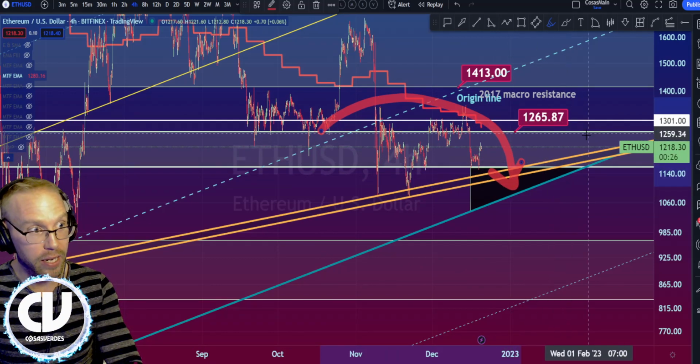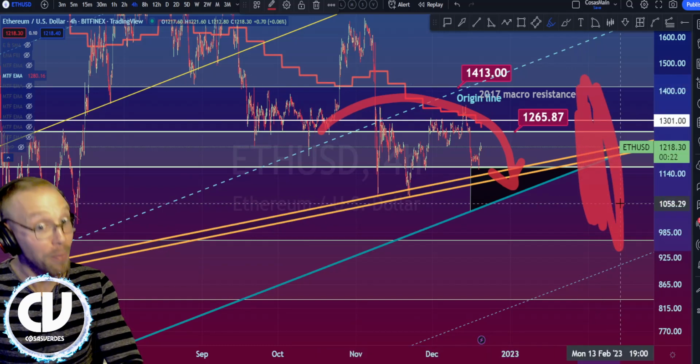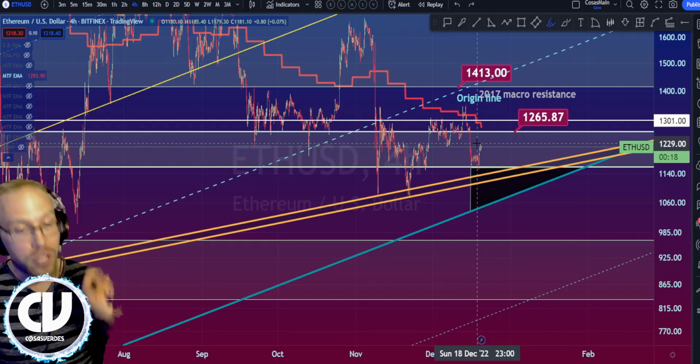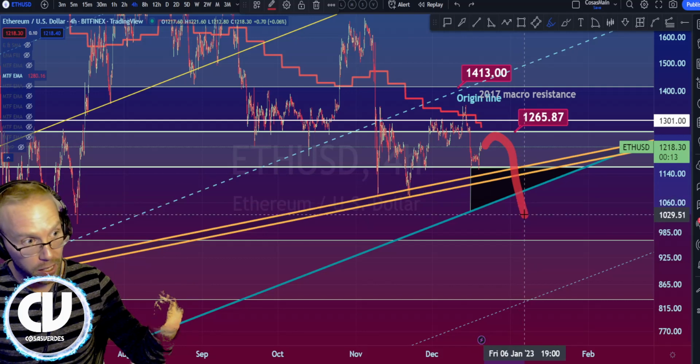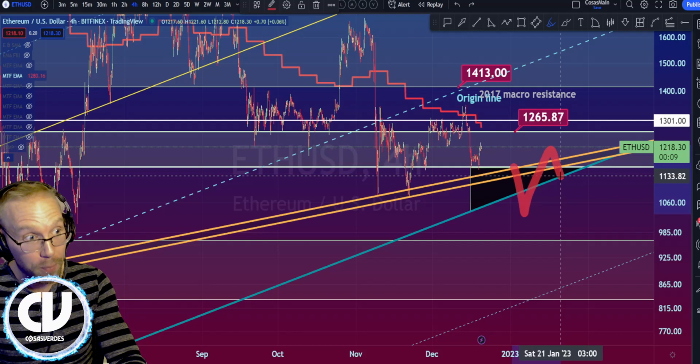And right here is about the end of January. This is about February 1st, the end of the triangle. So it's going to happen in December or January. The first initiation of move will bring Ethereum into here. But even if it goes past here, it's probably going to want to zoom back up, retest all this, and